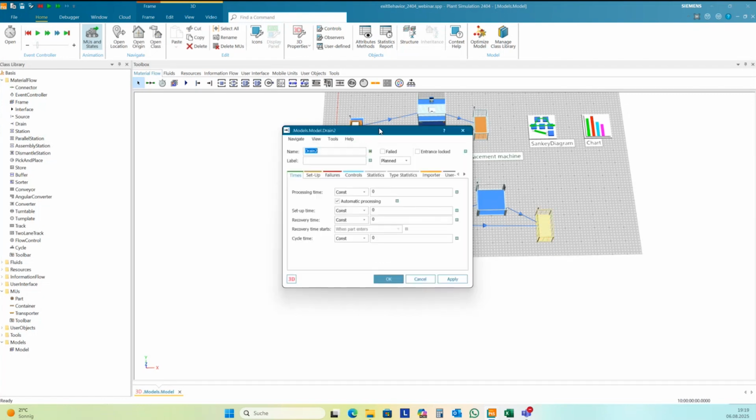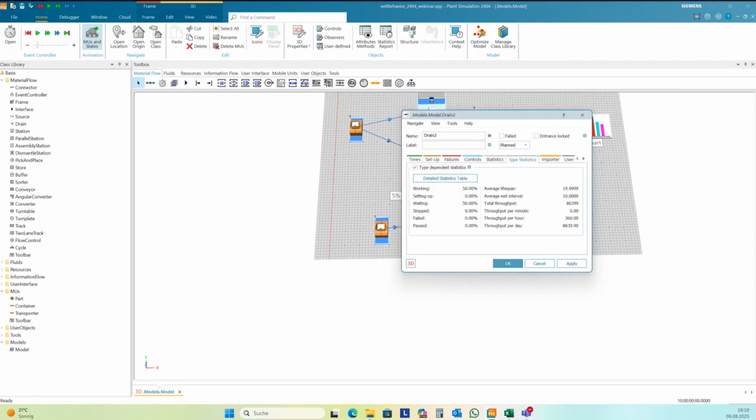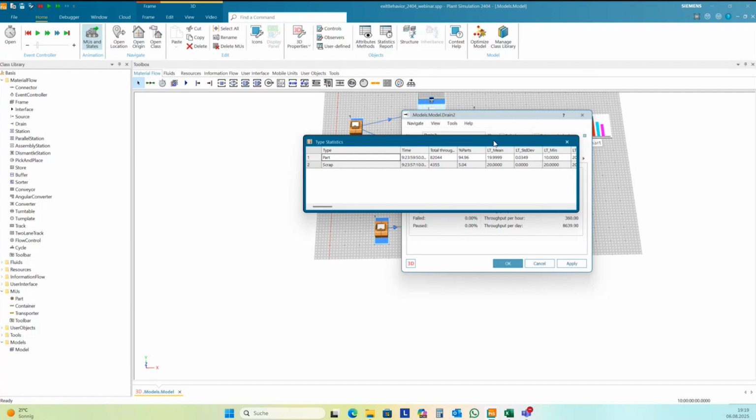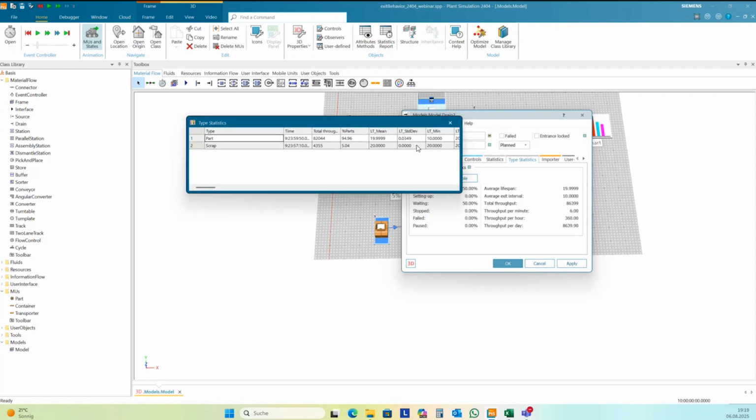We can see this here in the statistics of the drain, the type statistics table. Okay, part is almost 95% and scrap is 5%. If I select a longer time for the simulation duration, then it comes nearer to 5 and 95%.